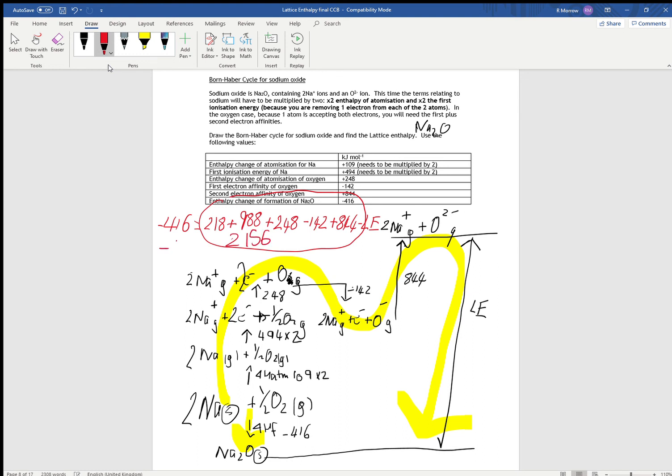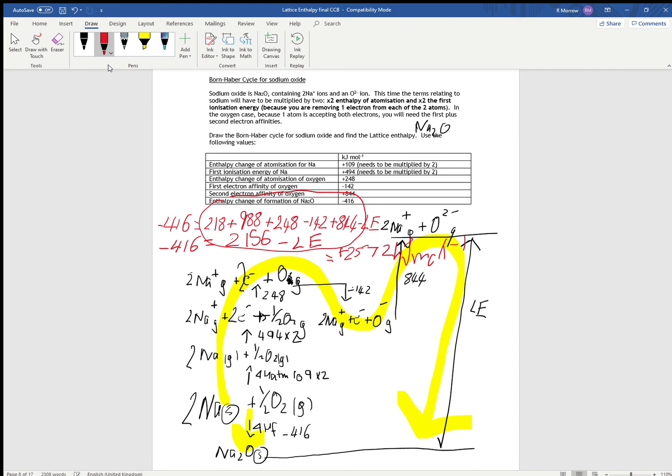So my minus my lattice enthalpy, so that comes across as 416. So my lattice enthalpy for sodium oxide here, I have as positive, remember it's endothermic, 2572. So I'll check that on my calculator at the end just to make sure that I'm right. I think I am. Okay, kilojoules,